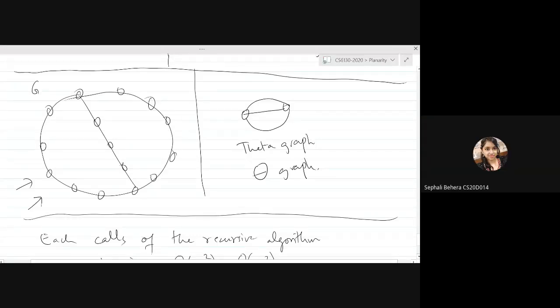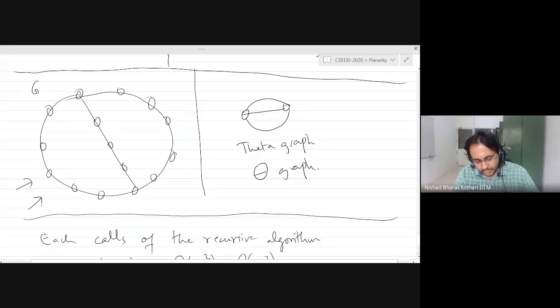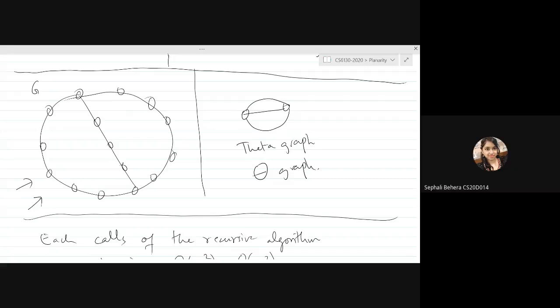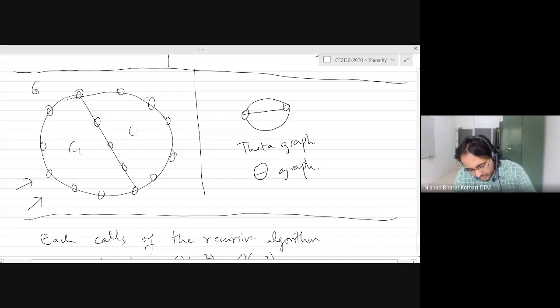So this is one cycle. If I connect this subdivision, then it could be two cycles. Is it two or is it more than two? Take a close look at the graph and let me know how many cycles in total you see. If you want, you can make a drawing and find out all the cycles. In total, it will be three, right? So the cycles are C1, C2, then C3.